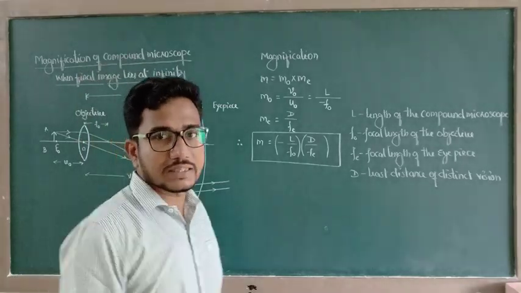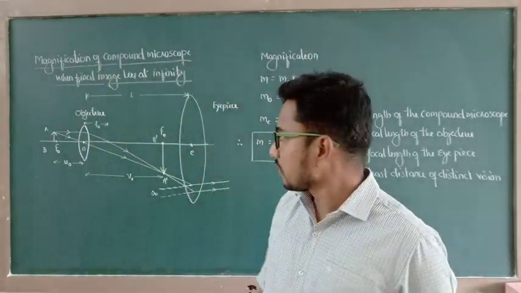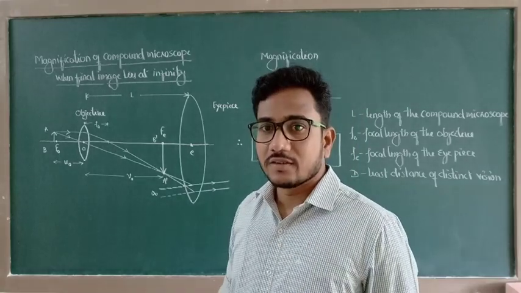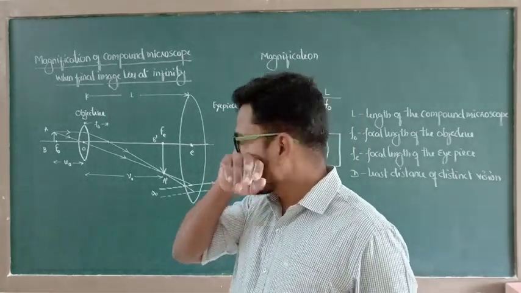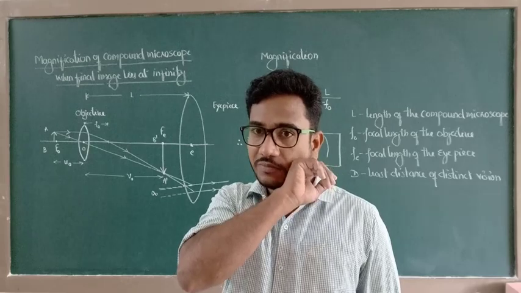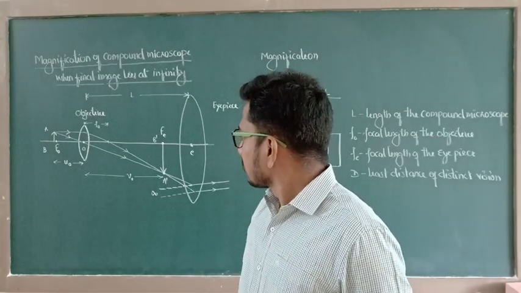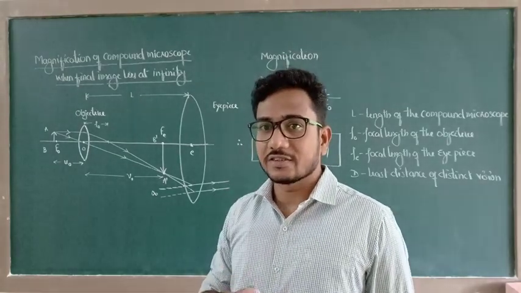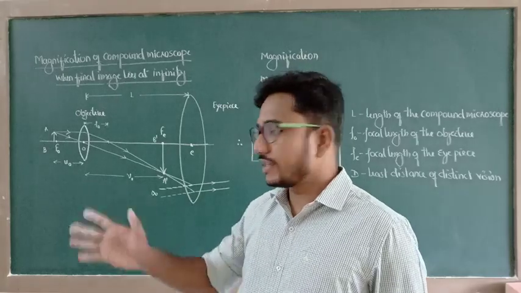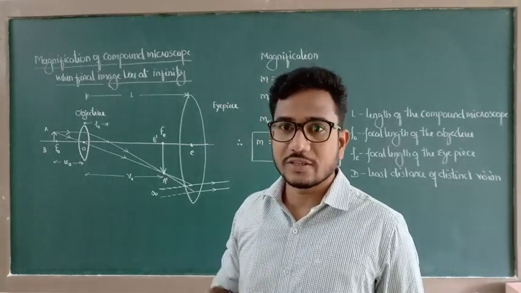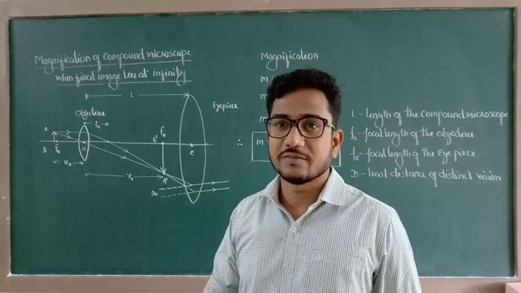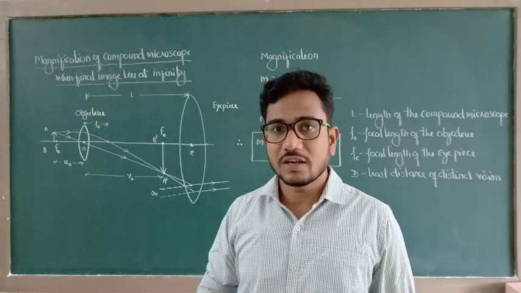So you just practice these ray diagrams, then only you will get perfect in that. Simply by observing this one, it is quite difficult to plot the diagram. First try to understand the conditions: if the object is placed at this point, what actually is the position of the image, like that. Then try to plot the ray diagram.